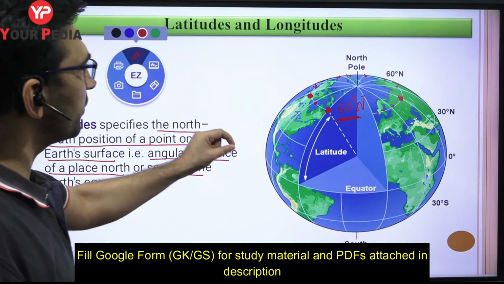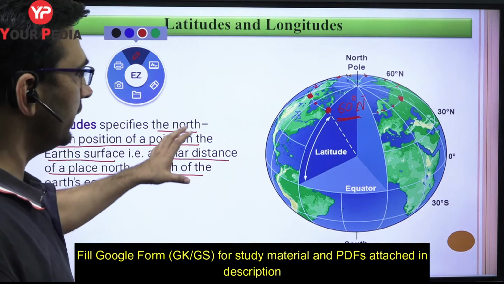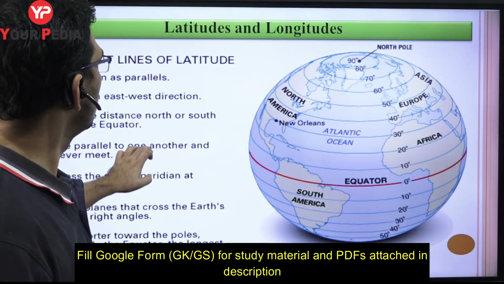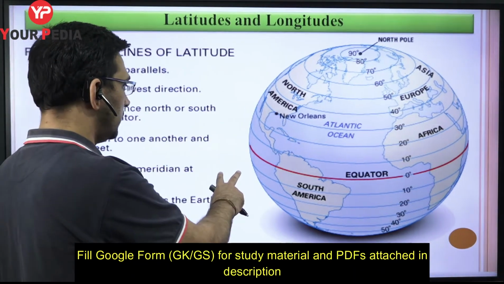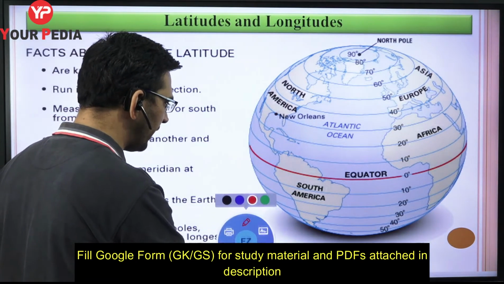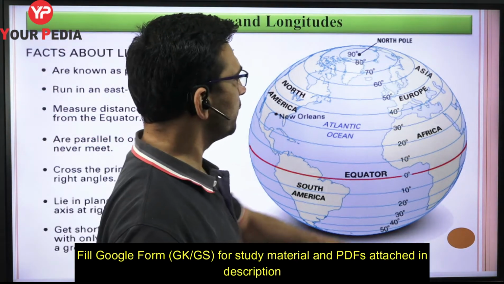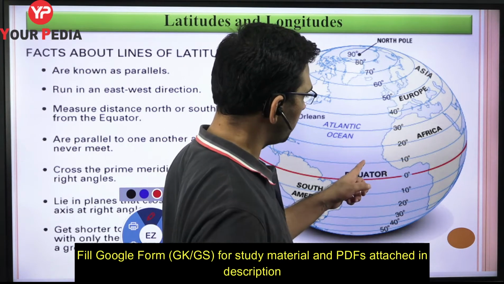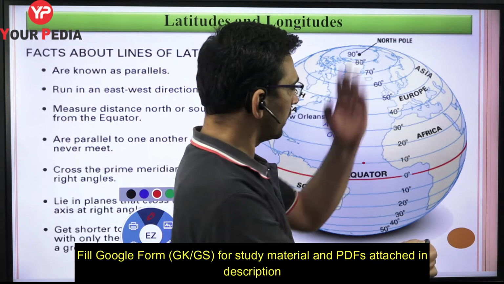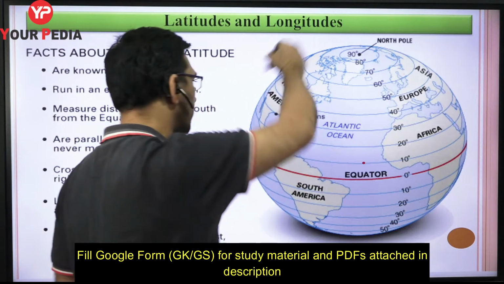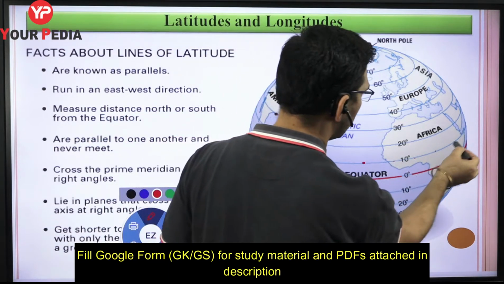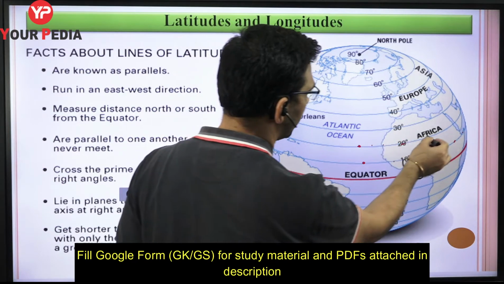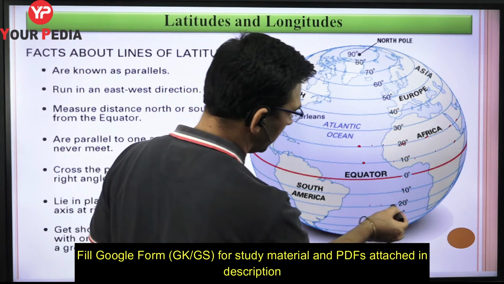But let us discuss some of the basic information from the exam point of view about the latitudes. That information is provided to you over here, so just have a look. On the surface of the earth, we can take any position, north or south. For example, if you are moving towards the north at 10 degree, you could have this point. Such points at 10 degree north, you could have any number of points on the whole periphery of the earth, but they are located at 10 degree. Same way you could have at 20 degree north, and on the south, you are going to have 20 degrees south, right?